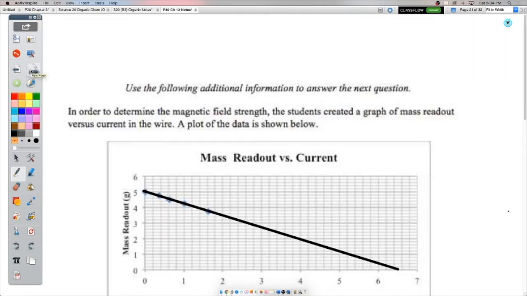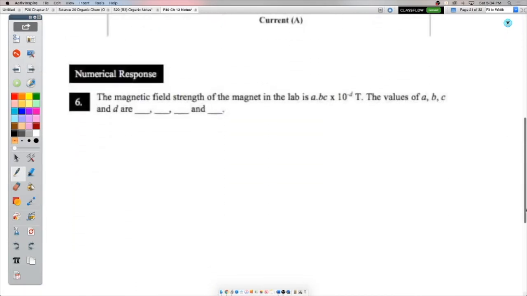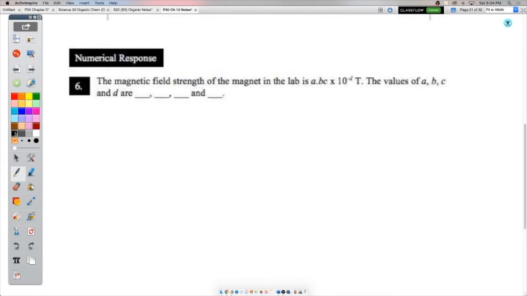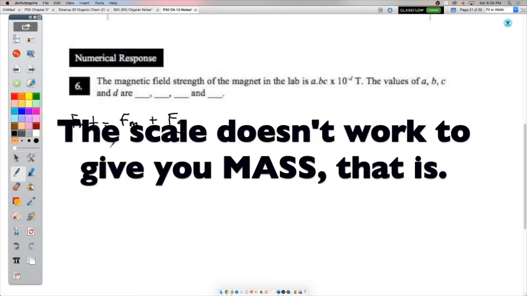So really, what are we looking at here? Our starting point, at least for this way, is going to be F net equals the magnetic force plus the force of gravity. Okay, great. So how is F net being determined here? Well, the scale is reading out some mass based on what it feels, right? Remember, scales don't truly measure mass, right? Scales measure weight, and then they do a little calculation. They divide by 9.81, and they say, okay, here's your mass, right? If you take a scale to another planet, it doesn't work anymore because scales are calibrated to work on Earth's